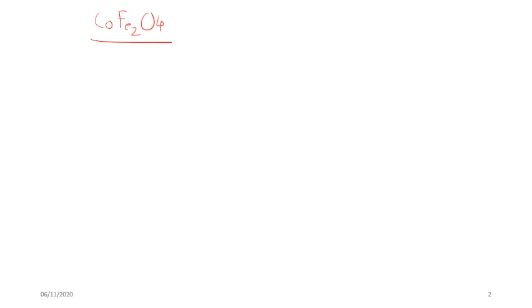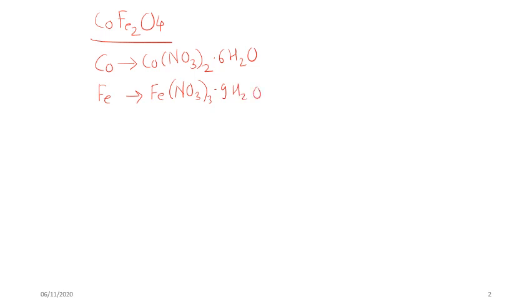If we choose a chemical method, in that case we will use a cobalt source, which is, let's say, cobalt nitrate, Co(NO3)2·6H2O, that is cobalt nitrate hexahydrate, and the iron source which we will use is iron nitrate nonahydrate. There are two sources that we will use, and we will use a fuel. So we can write the reaction as